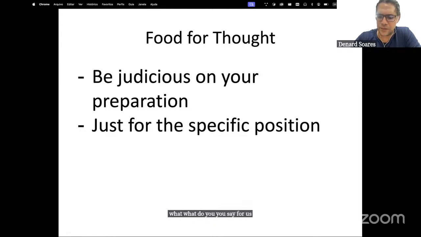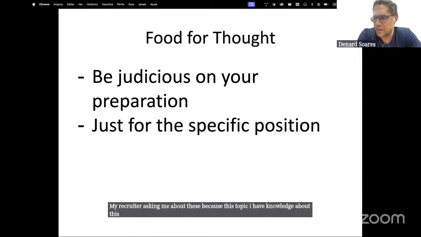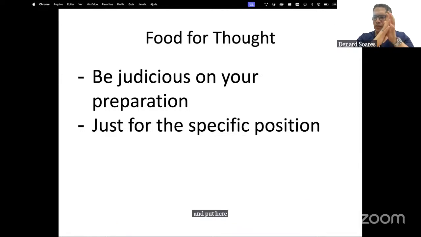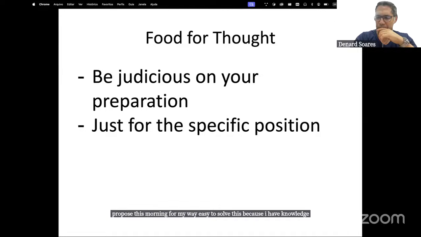I think if I put in my drawing one bottleneck about which I know how to solve this problem, for example, I want to focus on this case, so my recruiter asks me about this because I have knowledge about this topic. And I propose this bottleneck in my way, easy to solve, because I have knowledge about this topic. What do you think about it?